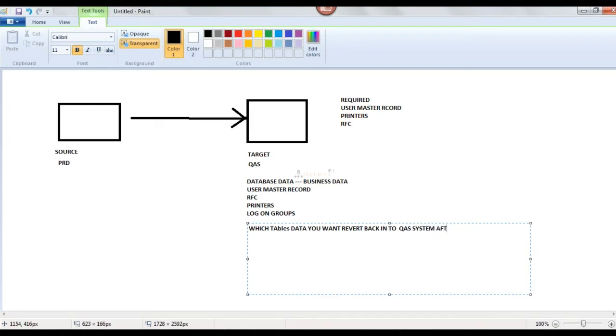The QAS system after the refresh. So take a list of all the table names, whose data you want to revert back into the quality system after the refresh.